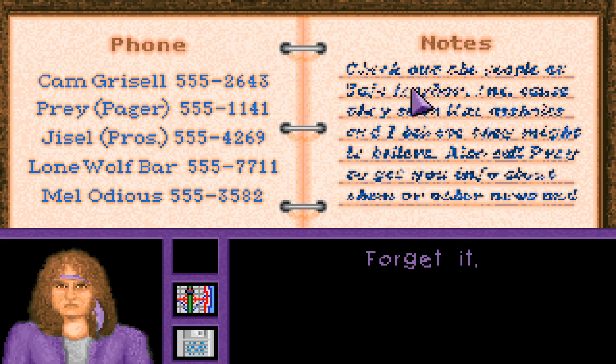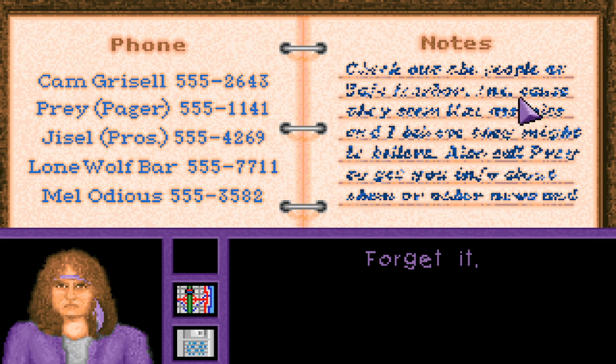Now, here's something interesting. Safe Harbor is a location that you go to in part 2. So even in part 1, you were being told you would need to go there at some point. And it's hard to read the writing, unfortunately. Yeah, there's some part of it you can read. It says, check out the people at Safe Harbor.